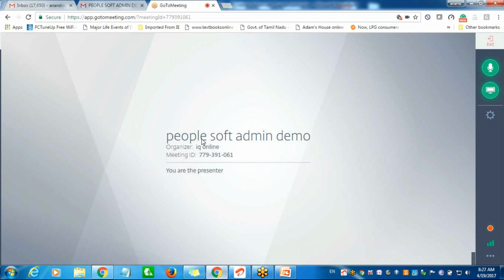And we have probably HCM 9.2 or, okay. HCM 9.1 is not available in e-delivery. If you want that software, then you need to raise an Oracle SR, the service SR, to get the software downloaded, because that is not currently available in e-delivery.